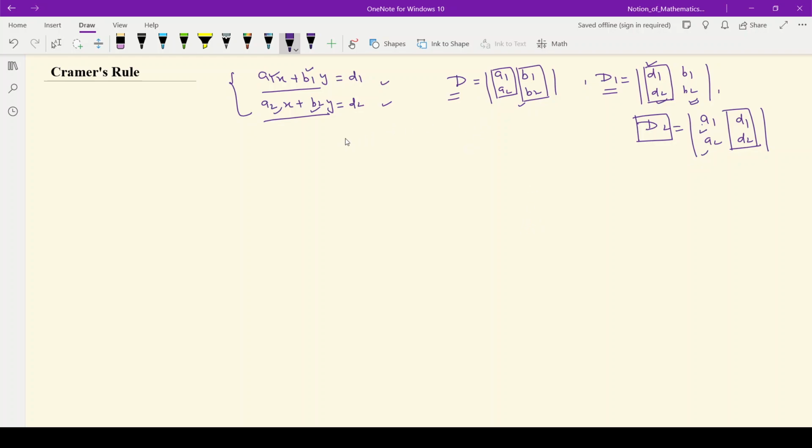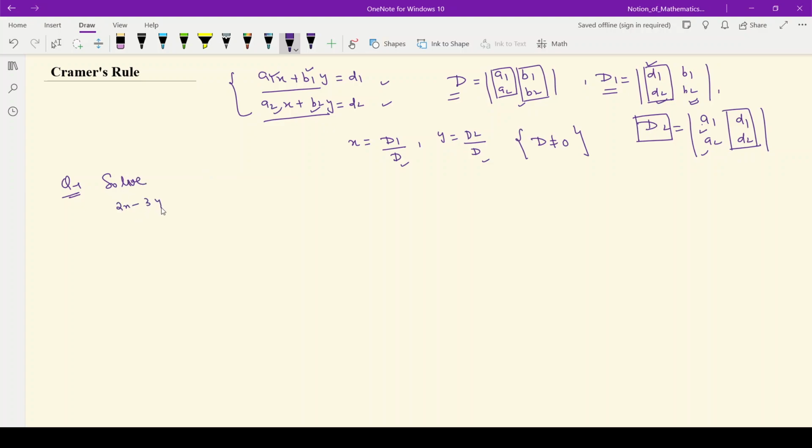So students, how can we get the values of x and y? There is a formula. x is D1 upon D and y is D2 upon D, along with one condition, that the determinant D will not be 0 because it is in the denominator. So students, in order to create a better understanding of this, one question I am going to solve. So the question is, solve